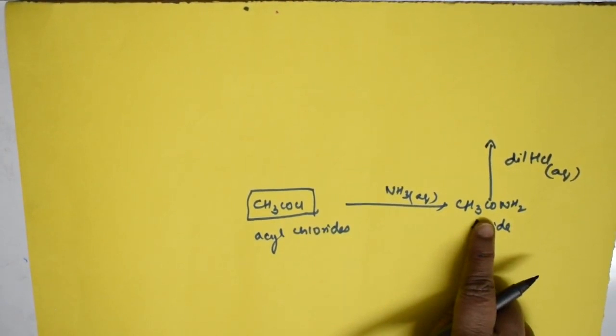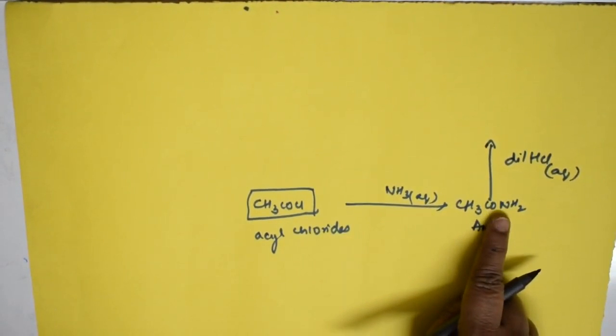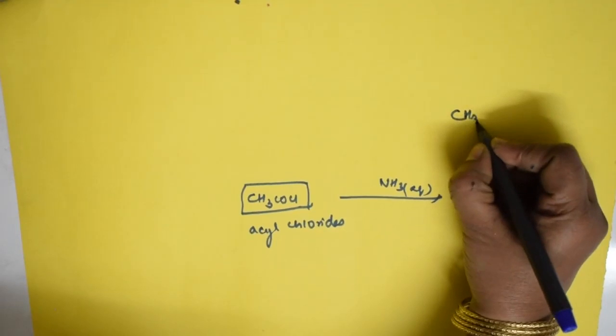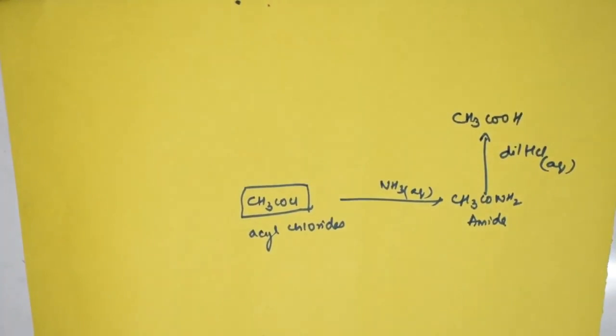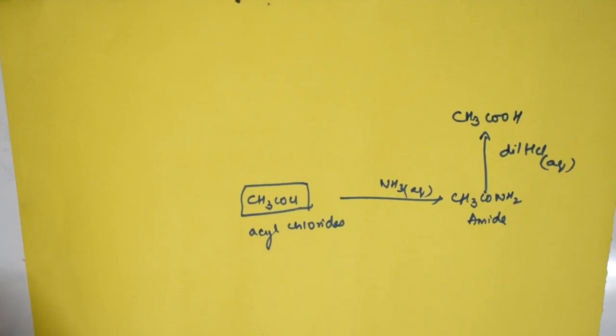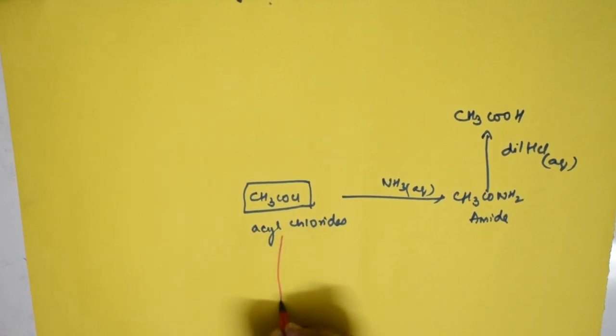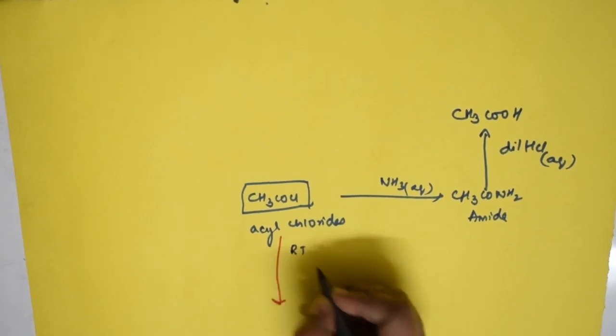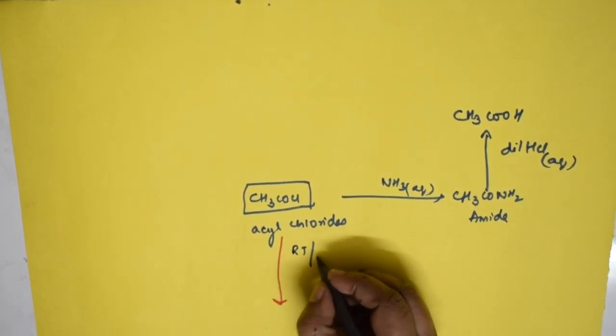Now, to this amide, suppose I am introducing dilute aqueous HCl. Just see here. At this point, oxygen is added because we have taken the aqueous part. So CH3, it gets converted to acid. Now, the same acyl chloride further, again at RT, that is your room temperature, and the condition should be cold,